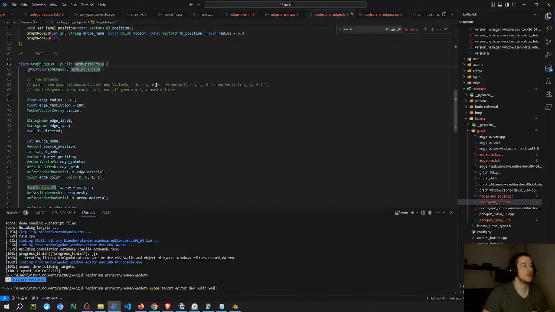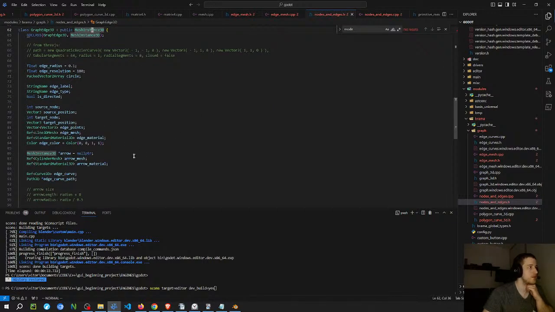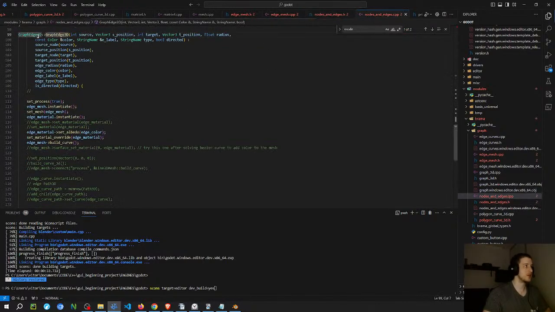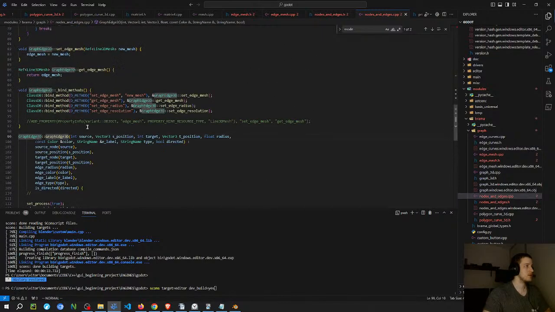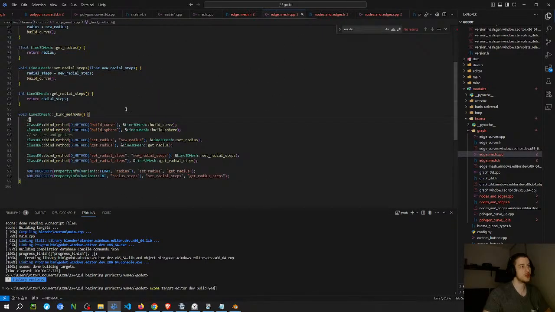And the MeshInstance3D already allows you to change the mesh that is selected. And the other class is just inheriting from ArrayMesh. So it already shows there on the editor, even if I don't register that as a property of this class here. And I was doing this here, so I commented it out,